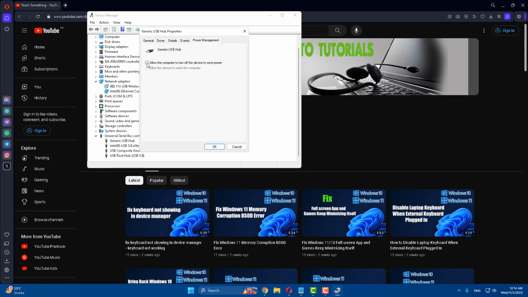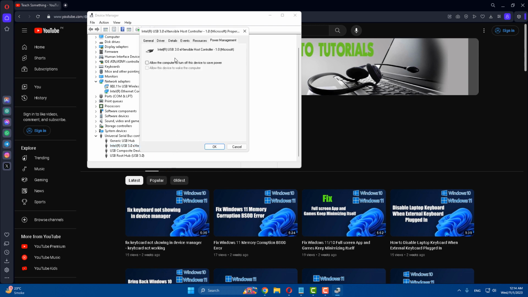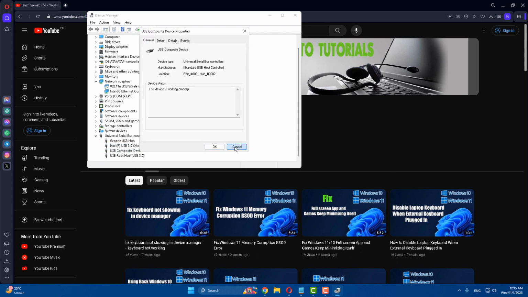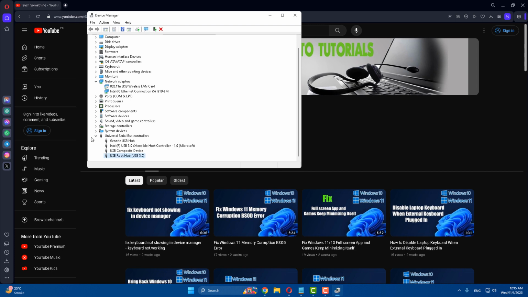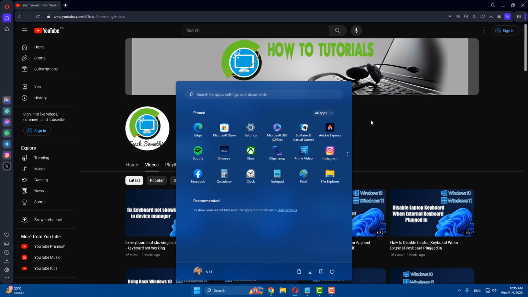Power Management, and make sure that "Allow the computer to turn off this device to save power" is unchecked. If it's checked, then uncheck it, click on the OK button, and select the second one, go to Power Management and make sure that is unchecked. Now the third one, go to Properties, go to Power Management and make sure that is unchecked. So after that close it and restart your computer, and I'm sure that after doing this step